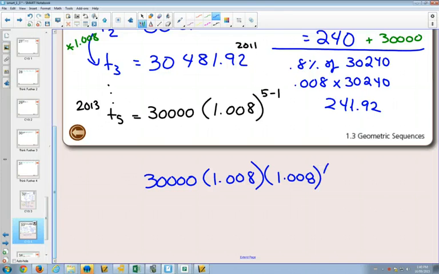And then I'd multiply by 1.008 again. And when you have repeated multiplication, you could write that as a power. And so you're going to have 1.008 4 times to go from that term 1 in 2009 to term 5 in 2013. And when we type that into our calculator,